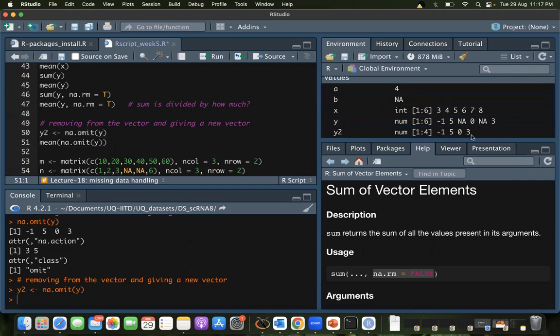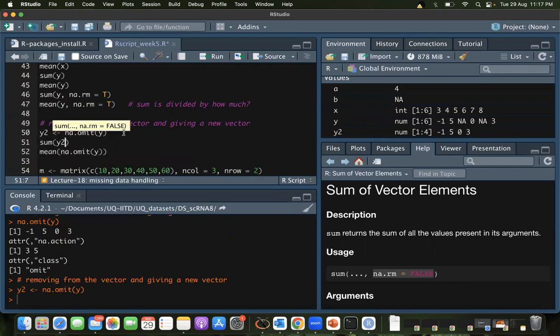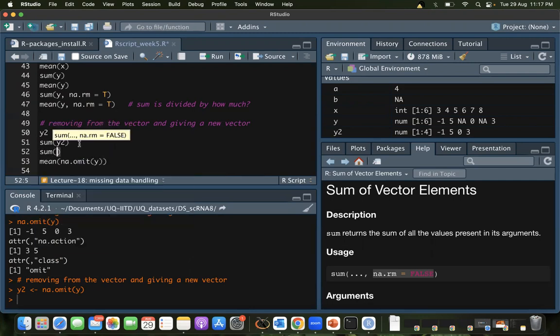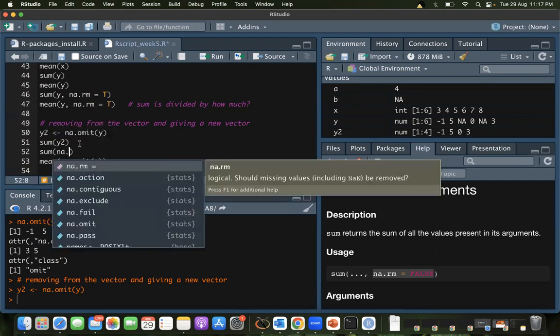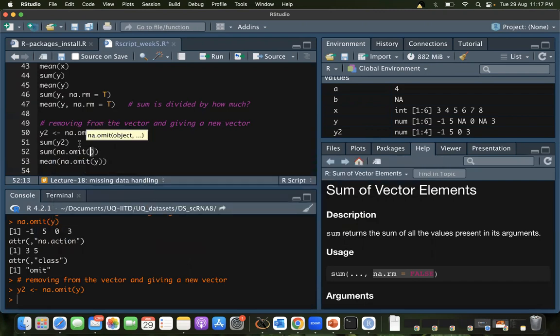Now you see, this is your new vector, right? And now you can do the same thing on, let's say here, doing it on y, or you can do it on the same thing, right? So these two are equivalent, right? So like we discussed, this nested one function within the other. So na.omit y, this thing, it's the same as y2. So these two things are equivalent. Absolutely the same thing, right?